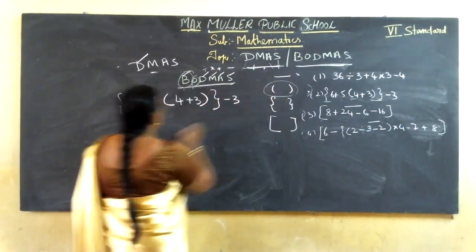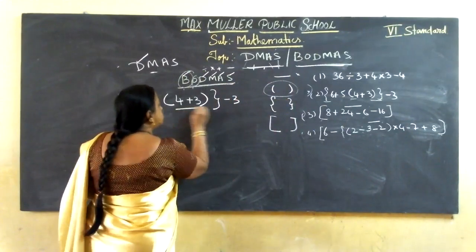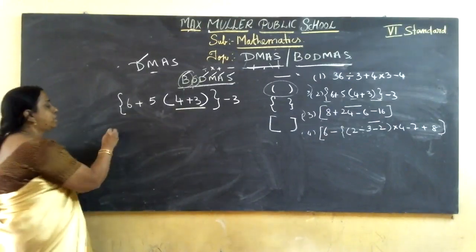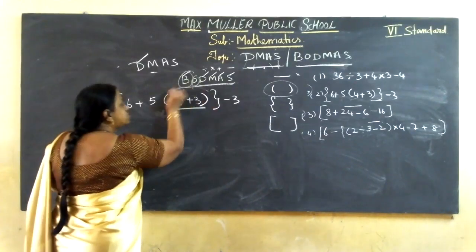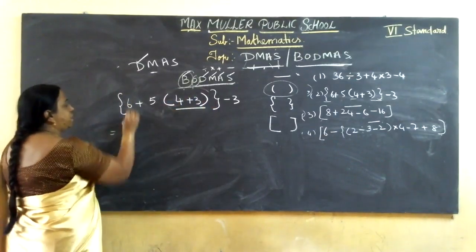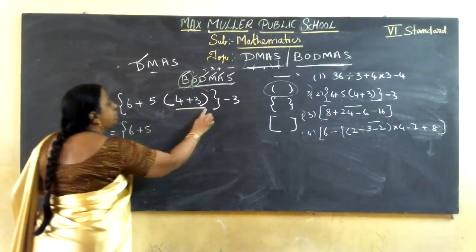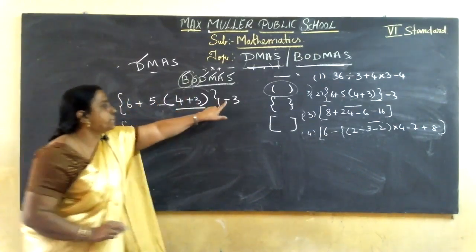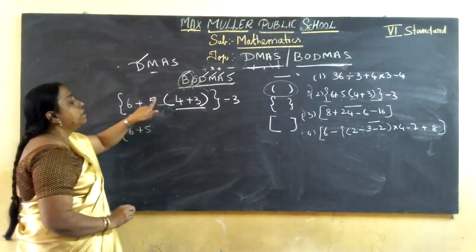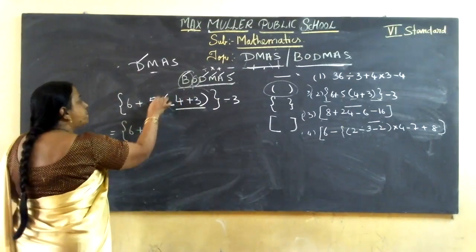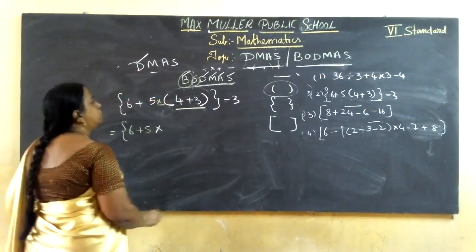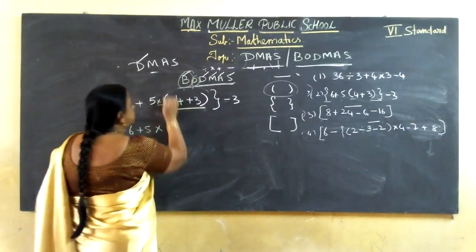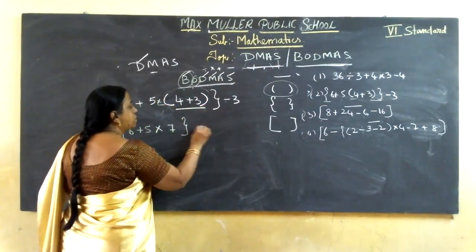Then go for the round bracket, from here to here. While writing classwork also, underline, leave one line, and solve step by step, then copy the remaining as it is. Only solve this one. So open curly bracket, 6 plus 5 as it is. Here there is no sign, here addition, here subtraction, here no sign. Before a bracket, if there is no sign, it is considered as multiplication. So write into. 4 plus 3 is how much? 7. Now this bracket is solved, no need to copy it. So now close curly bracket, minus 3.